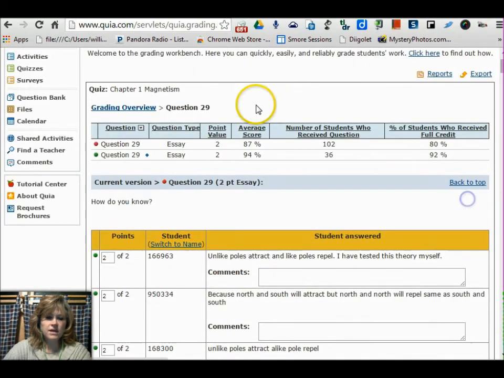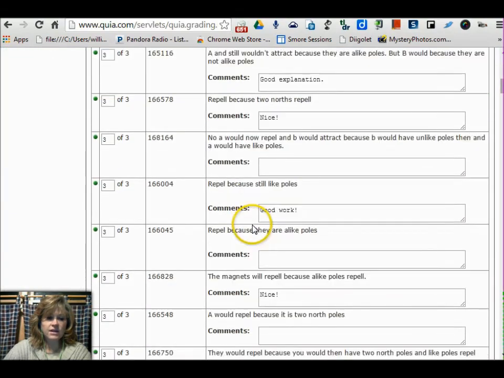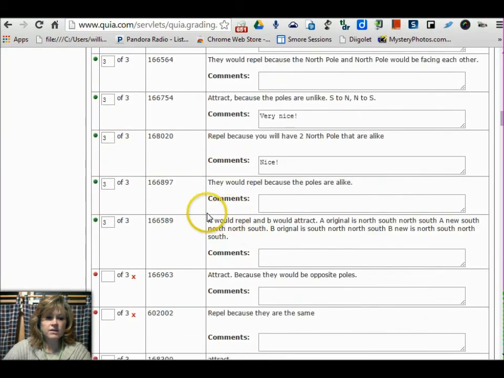So then I go back to the top, and I'm going to go back to the grading overview. Question 29 should now be done. Looks like maybe I missed a few. But I'm going to go into question 30 because I know there were a lot of those that I did not grade. So coming down here,